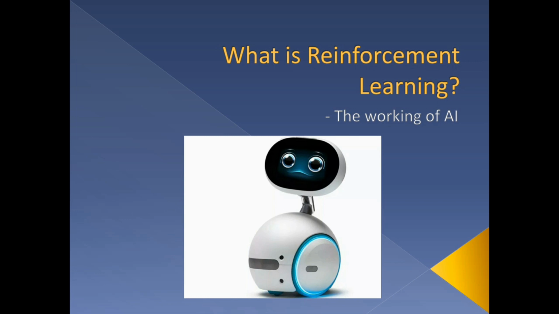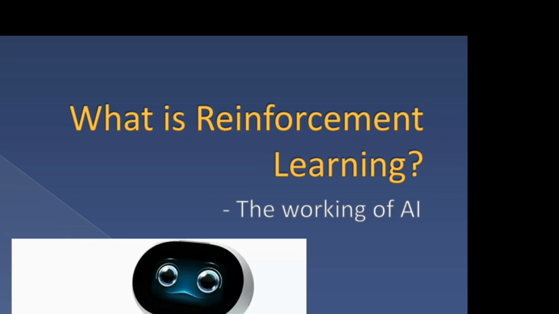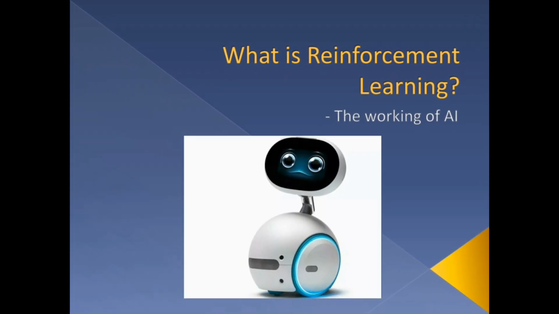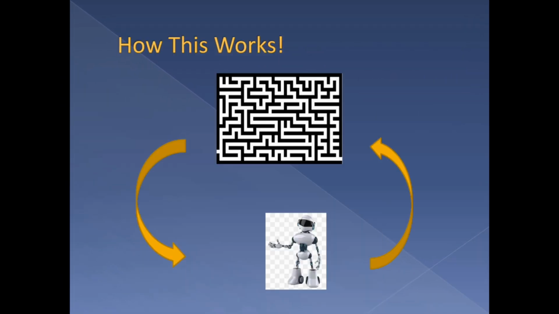So what is reinforcement learning? Reinforce means to strengthen something, and reinforcement means the action of strengthening something. And reinforcement learning means learning by doing the action of strengthening something. In case we have an algorithm, it strengthens the algorithm and makes itself better. That's how AI works. Now let's go a little bit deeper into the topic.